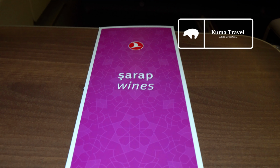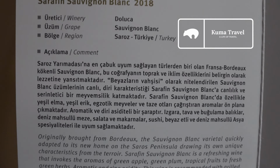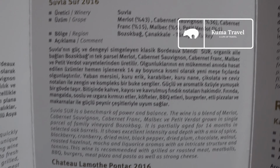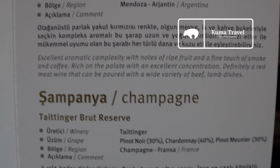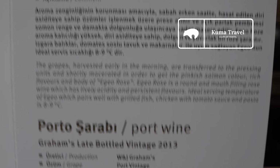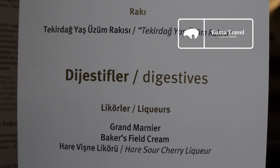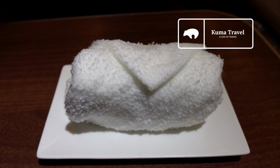Meal service began pretty quickly after takeoff, but we were handed the menus first. Please have a look and stop the video if you need more time to review the menu. They started out the meal service with this refreshing hot towel, which I then followed up by ordering a local